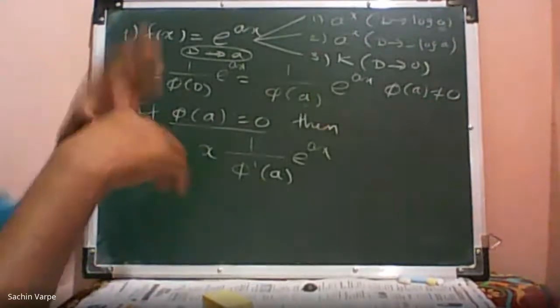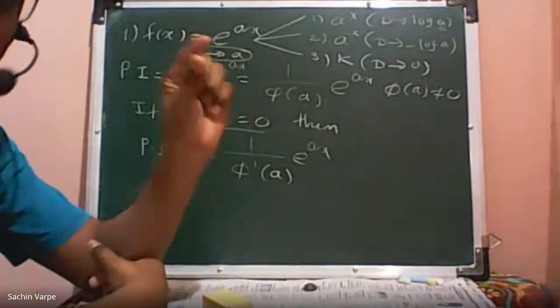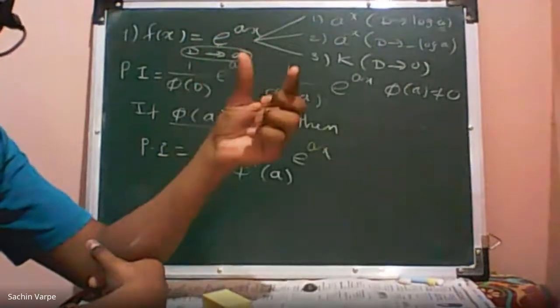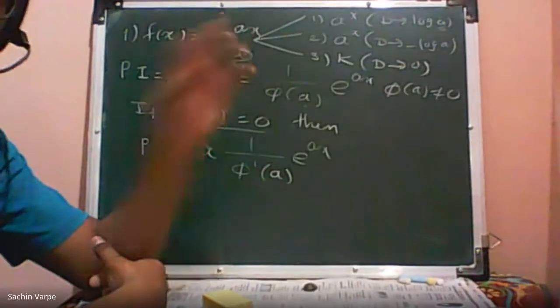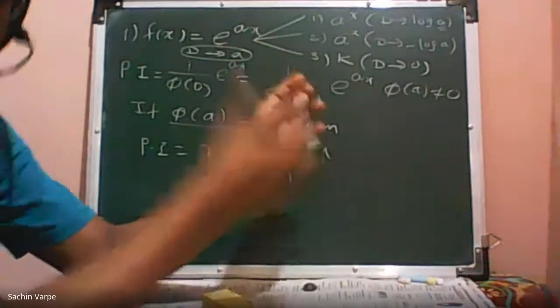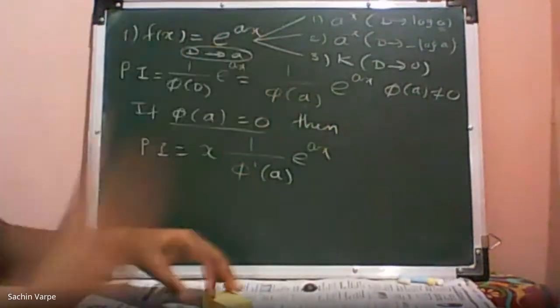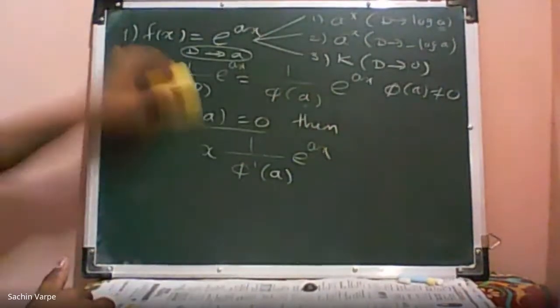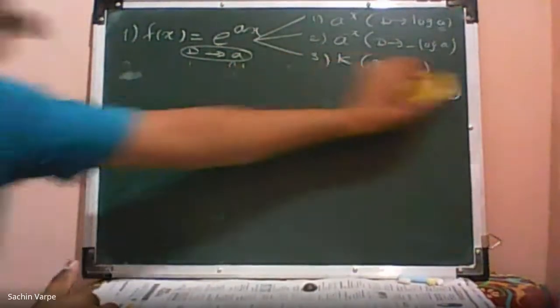It is not necessary that an example will be asked on only one case, that is exponential or sine or polynomial. It is not the case. The question can be asked on a combined case. The right hand side function is a combination of exponential also, polynomial also, and trigonometric also. So we have to separate those cases, and then we can use these formulas. So this is all about the first case.